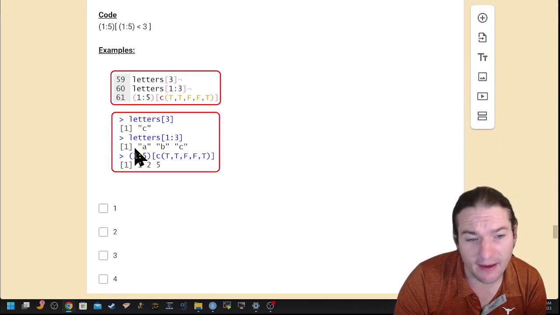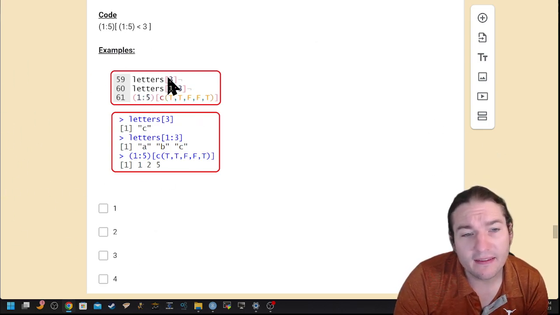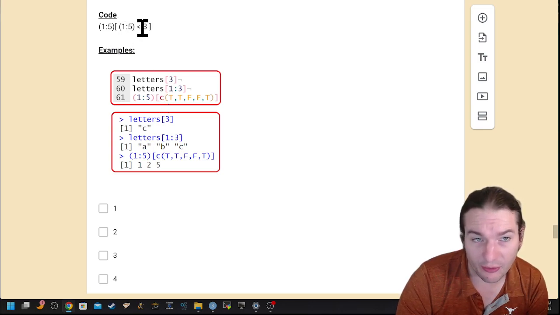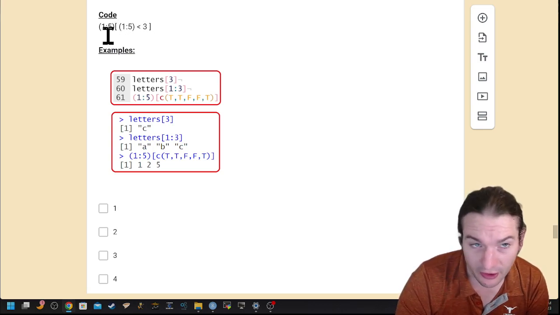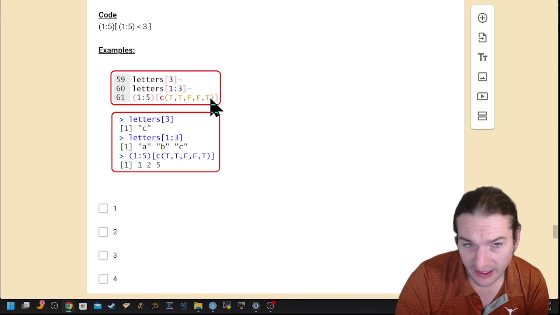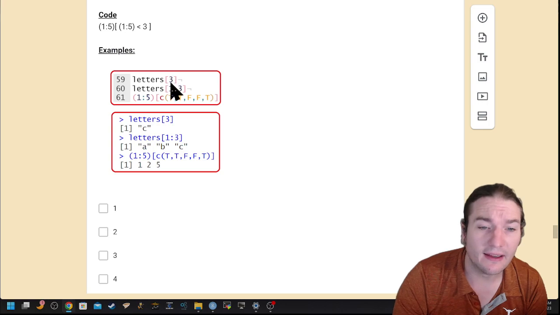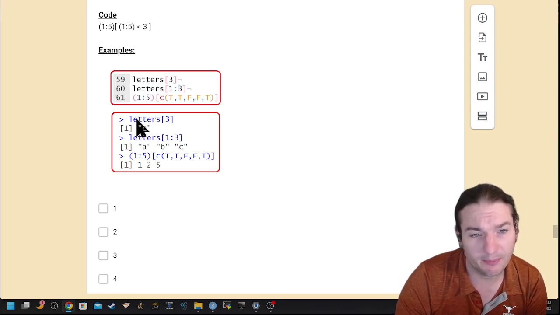Now, if I look at these examples, just to keep going through them, this is going to, instead of using a logical-based extraction, even though they are made of numbers right now, it resolves to logic before the extraction occurs. So it's an example more like this one than it is like these. These, though, are using the index position. So this is going to extract the third position from letters, so the letter C. This is going to extract the first, second, and third values from letters, so A, B, C.